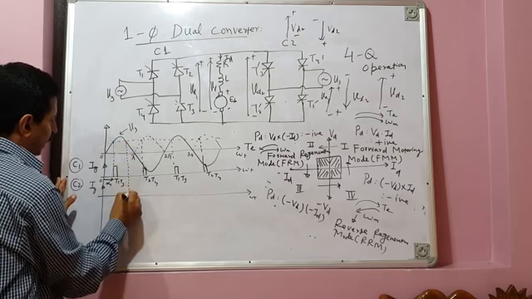And which two devices? T1 dash and T3 dash. So this delay angle is pi minus alpha 1. Total is pi, subtract alpha 1 from it, so this is pi minus alpha 1. So this is T1 dash, T3 dash. In the next positive half cycle, this is the firing pulse pattern for T1 dash, T3 dash. During the negative half cycles, the firing pulse pattern is like this. This is for the other pair, T2 dash, T4 dash. T2 dash, T4 dash, and this is the next negative half cycle. T2 dash, T4 dash.